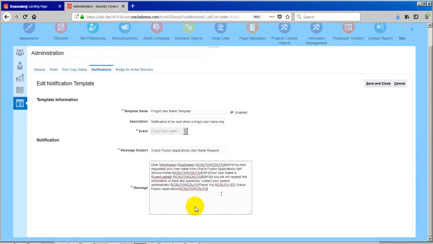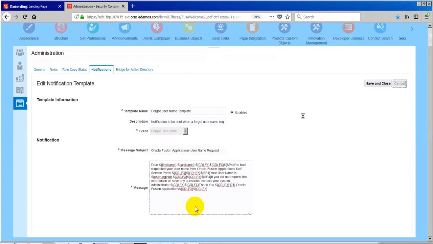Typically in any organization, before the cloud, when we ran on-premise systems, most of these things were taken care of by network teams. But as you move to the cloud, most of these things have to be taken care of by us. So for all these notifications, if someone comes and asks us to modify the notification with some other messages, we have to modify the subject and the content accordingly.